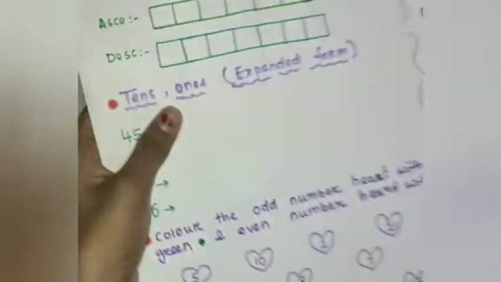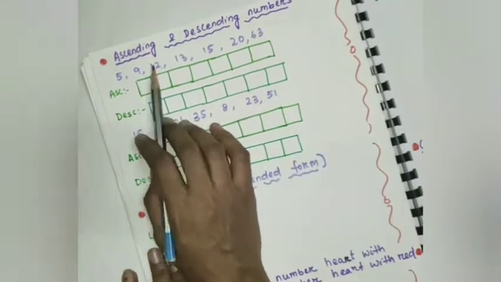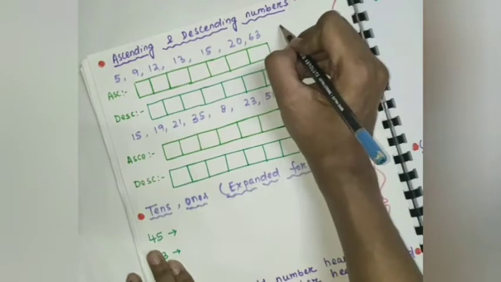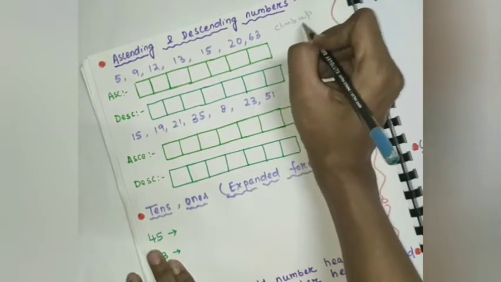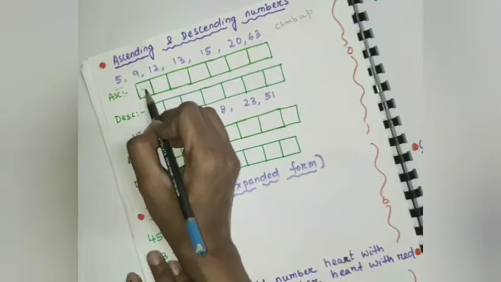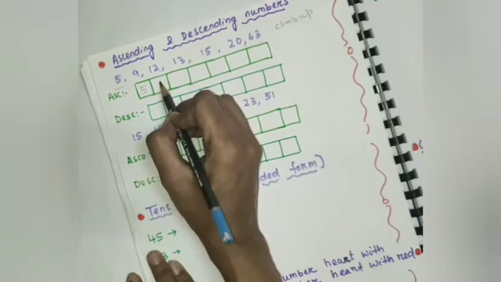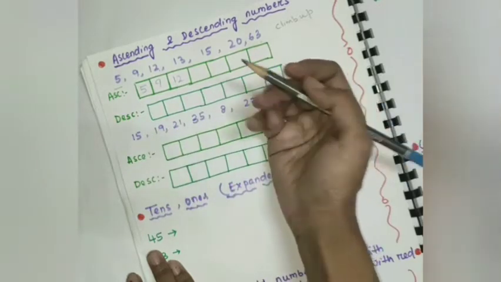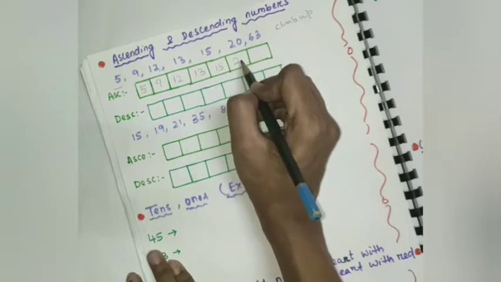Okay, same. Then here ascending and descending numbers. Okay, here I have written some numbers, 7 numbers. Then we'll write ascending, which means we'll write from small to bigger number, the climb up method. We climb one by one step from smaller to bigger ones. First smaller is 5, then 9. Here they are all written in the same ascending manner, so it's easy to write. But in the exam, it's not written in the same manner, so we'll learn.